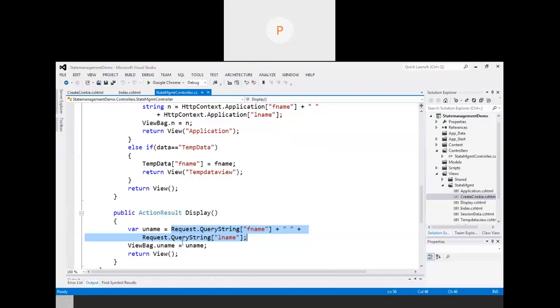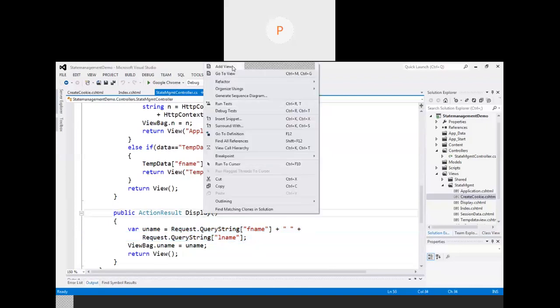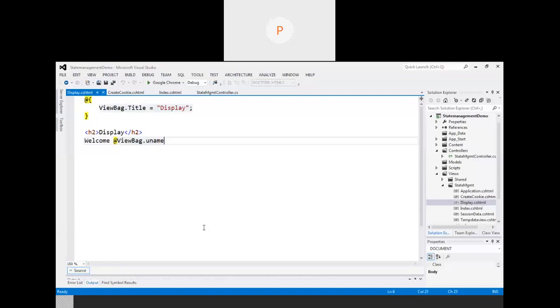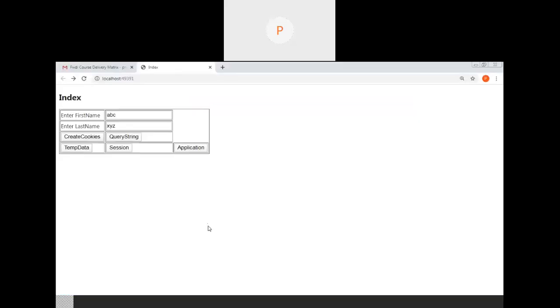Then ViewBag.uname equal to uname, which means for passing the data from the controller to the view, I'm making use of ViewBag over here. Then right click on the Display method and add a view with the name Display. That view is added, and by using ViewBag I'm displaying the username to the user, which means we are retrieving that name and displaying it to the user.